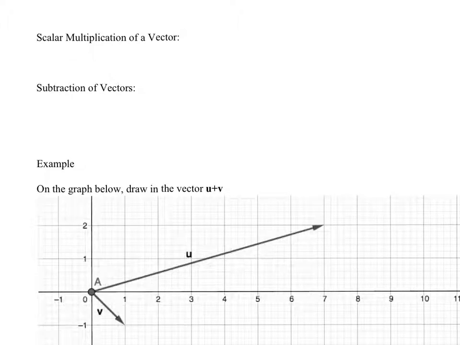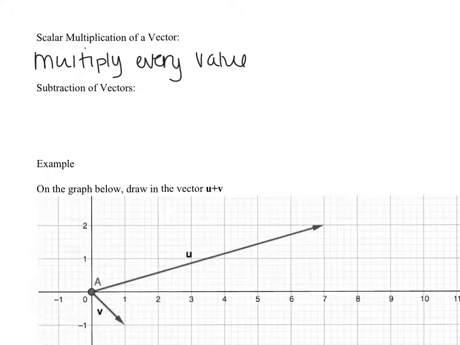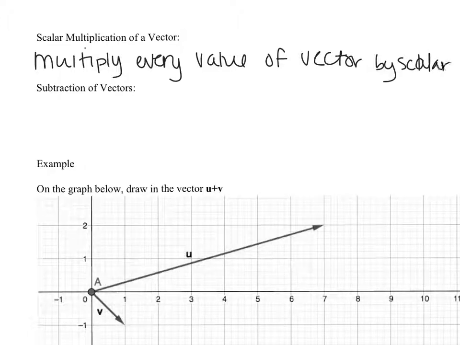So we're going to briefly refresh our definition of scalar multiplication. Again, this was at the end of our previous note. Just to refresh, scalar multiplication is when you multiply every value of your vector by the scalar. And the reason why we're refreshing our definition of scalar multiplication is it's going to come in handy when we're